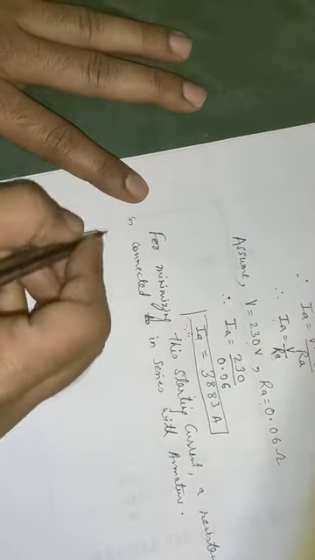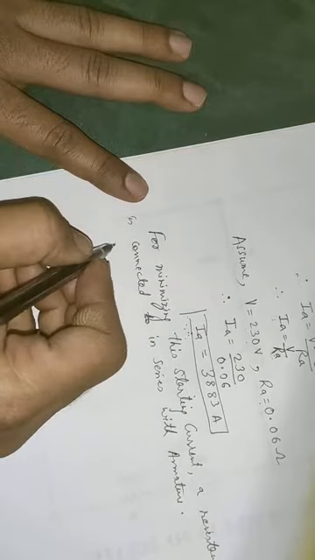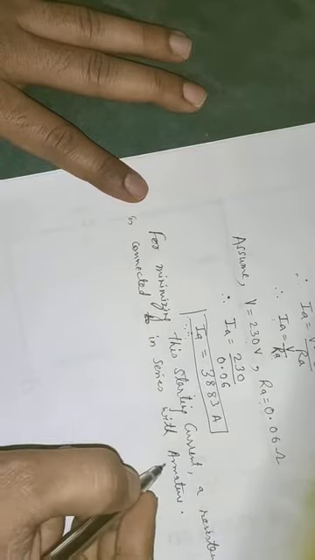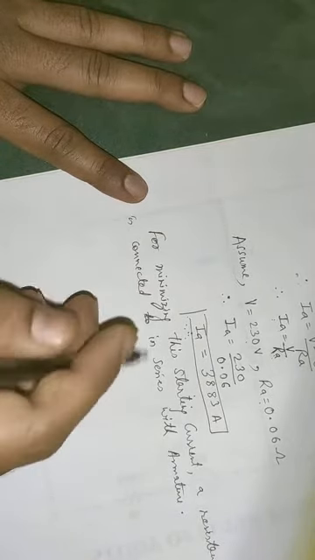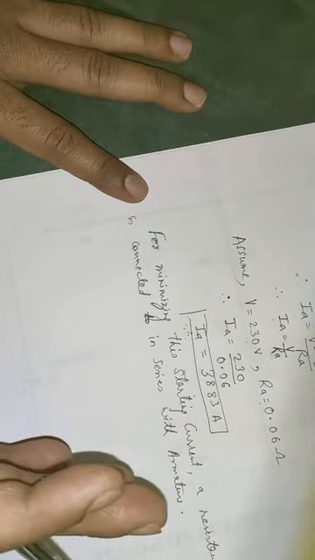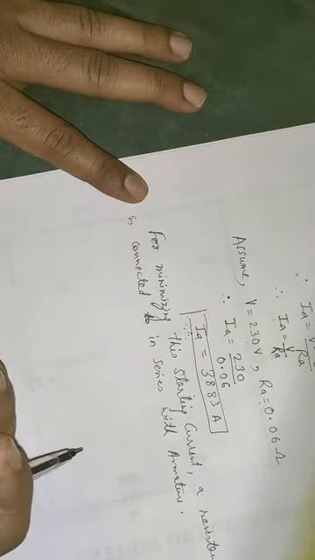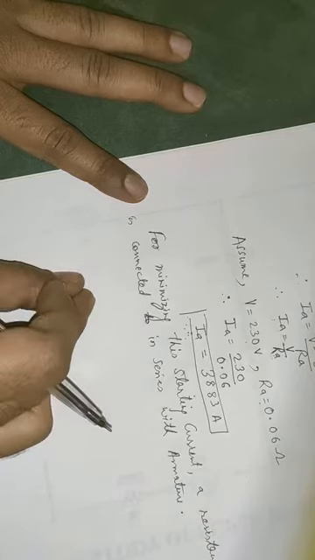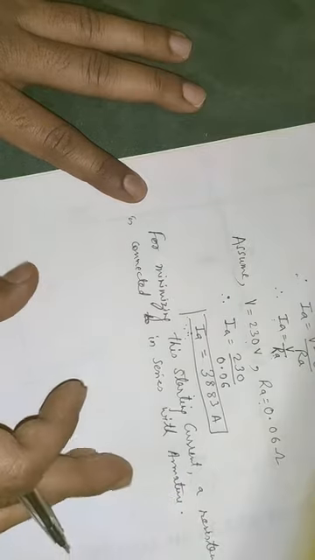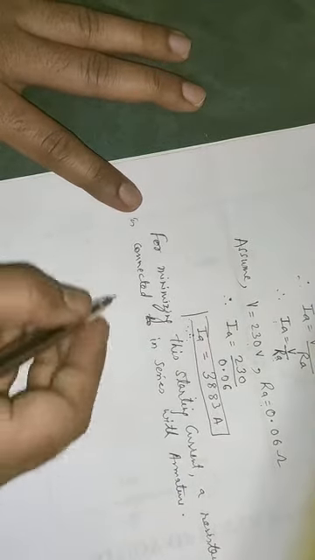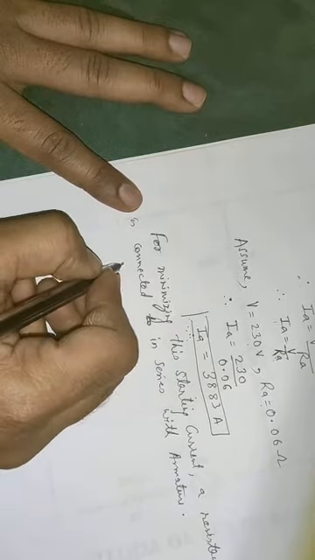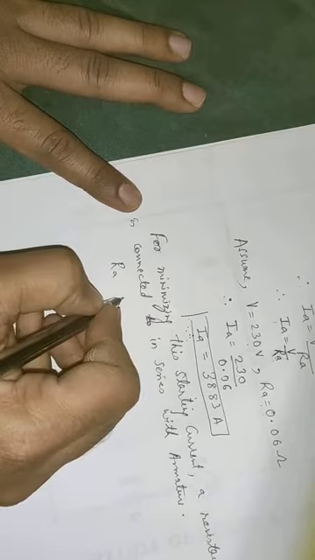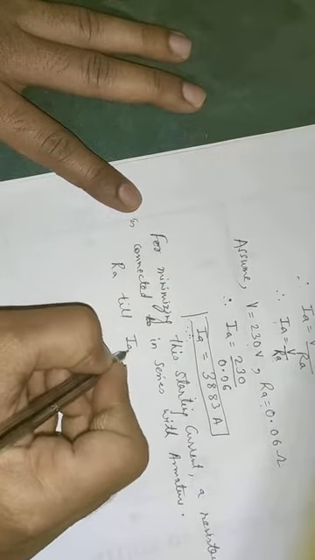Okay, now if we connect this resistance in series with the armature resistance RA, we don't have to keep the resistance until the motor starts. When the motor starts, we will add this resistance, and as the motor gains speed, we have to disconnect the resistance. See how. We have to connect this resistance in series with RA till IA decreases.